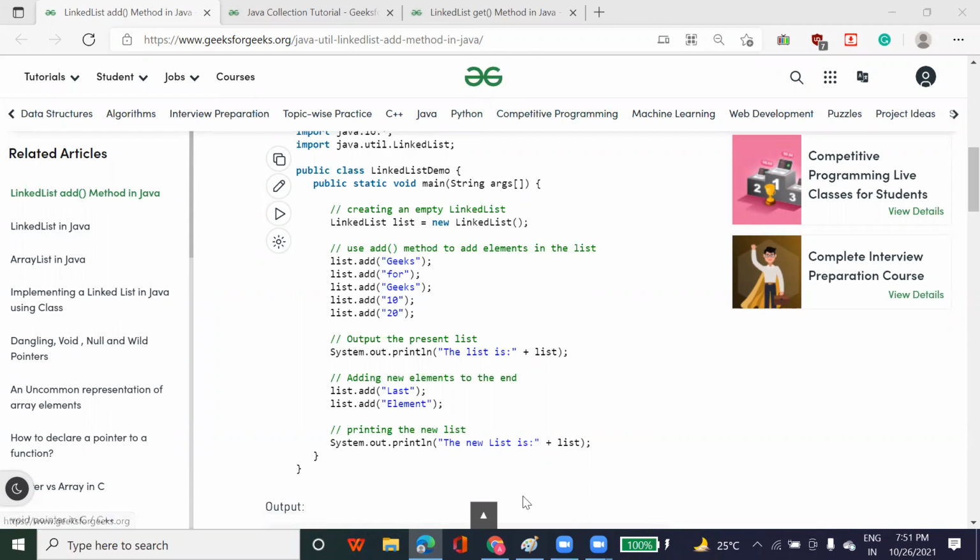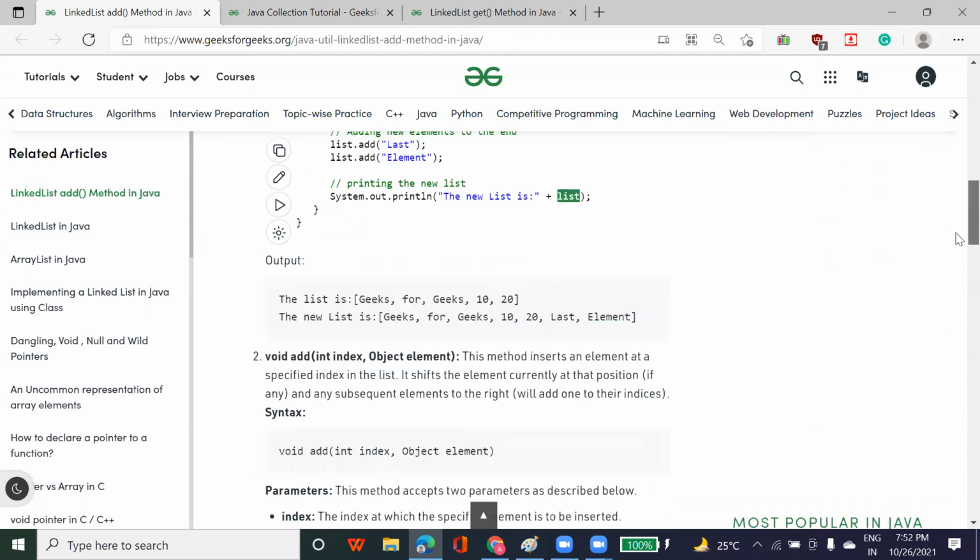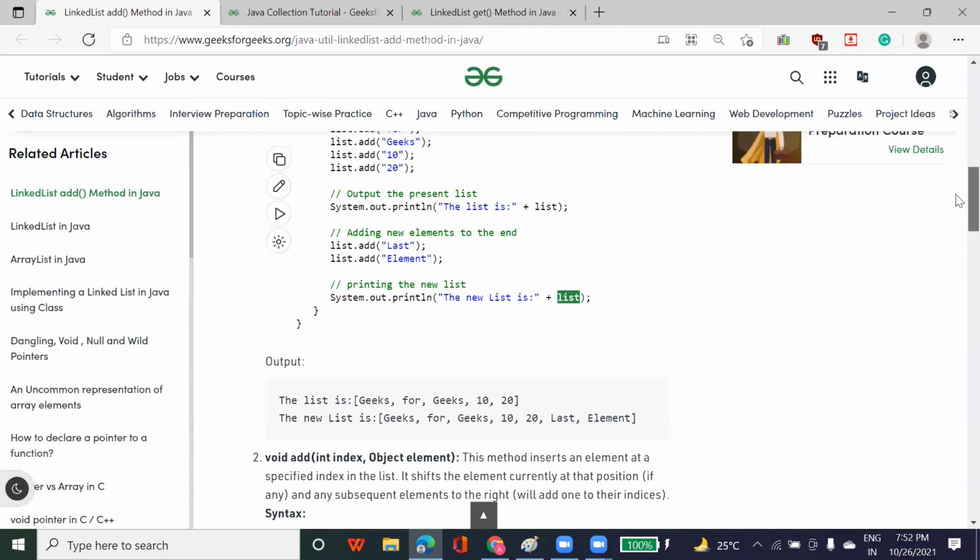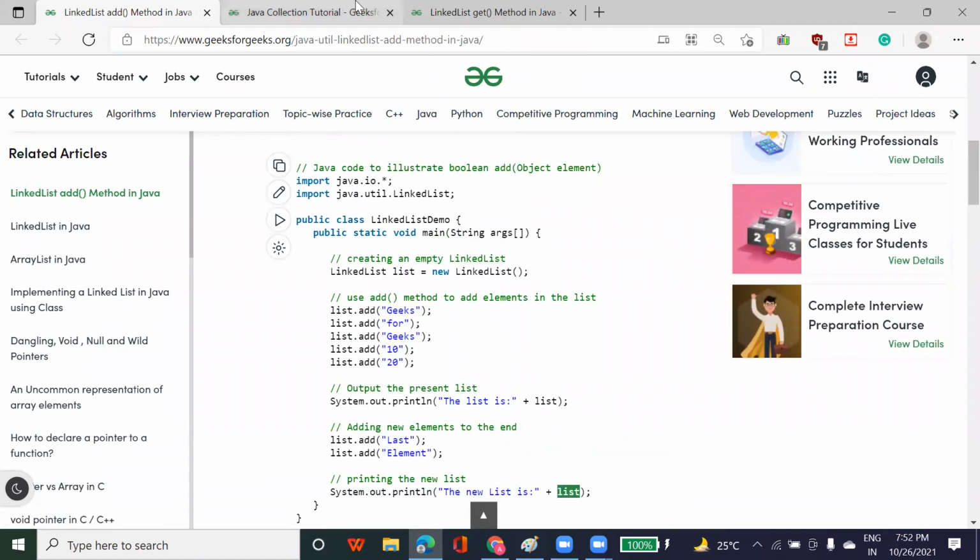I have already shared the link in the chat. Save it with you. Tomorrow I am going to see every program, these two linked list programs. These are very simple programs. You just have to make a small change in place of the data type. Here you don't have to take a data type when you want to save different data types. And you just have to print it. Once you add an element to the list variable, you can just call this list variable and print it, so you will get all the data. So this is a way of adding an element.